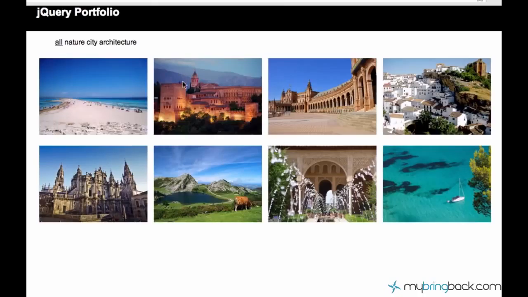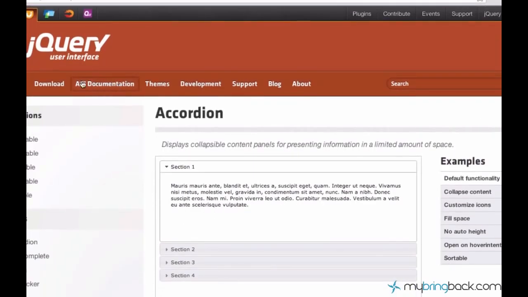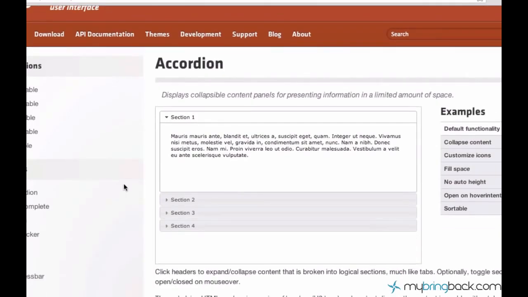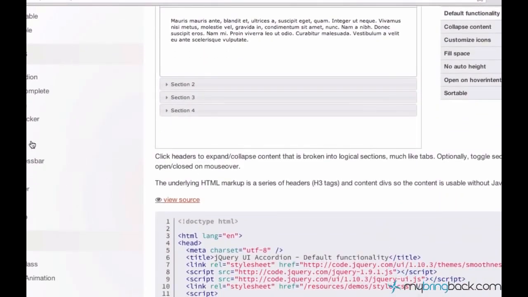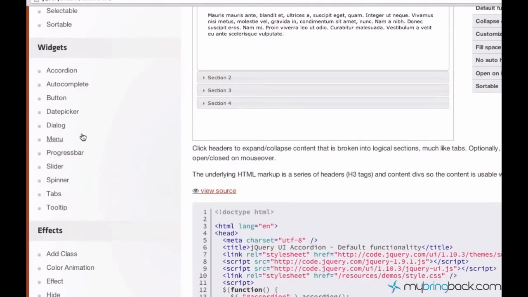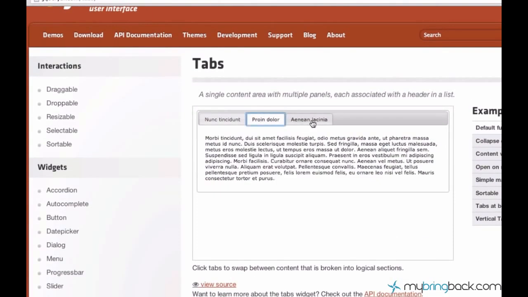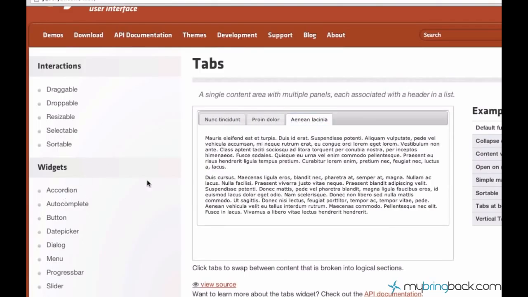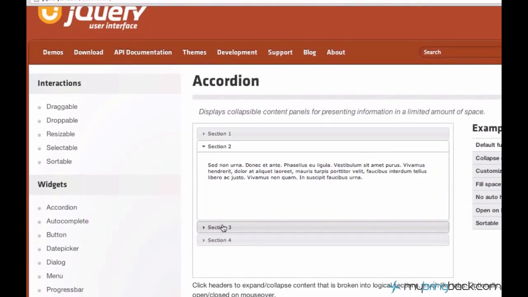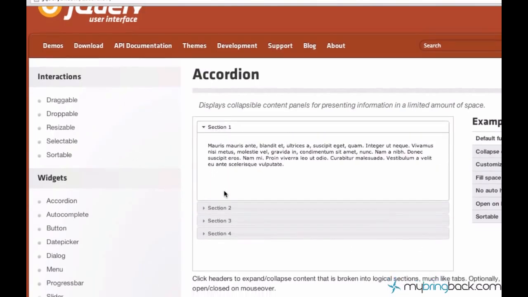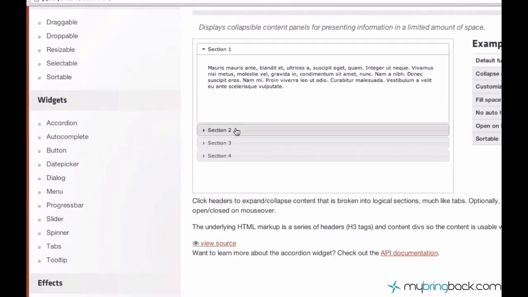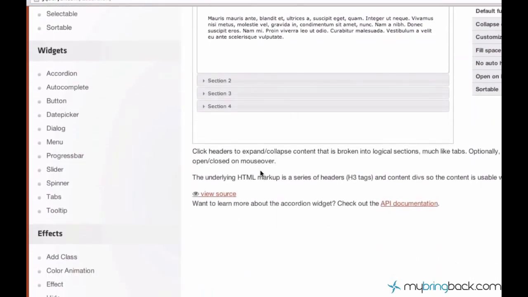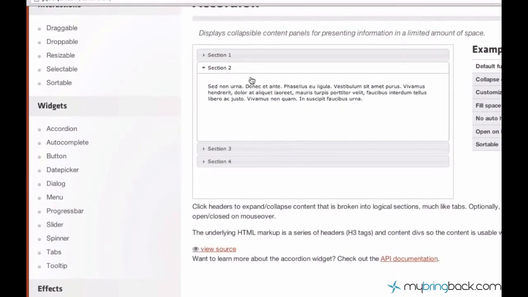Before that, I want to show you guys a jQuery extension library called jQuery UI. This jQuery UI is a very powerful tool, and UI stands for user interface. It just provides lots of snippets and lots of tools for your user interface. You can have these tabs, for instance, or accordion. Accordion is this slider, so you can switch between the sections of a document. So you have lots of cool stuff here, and you don't have to write too much code because everything is